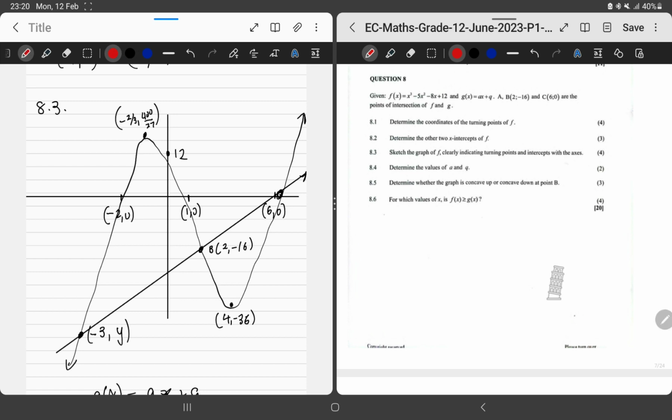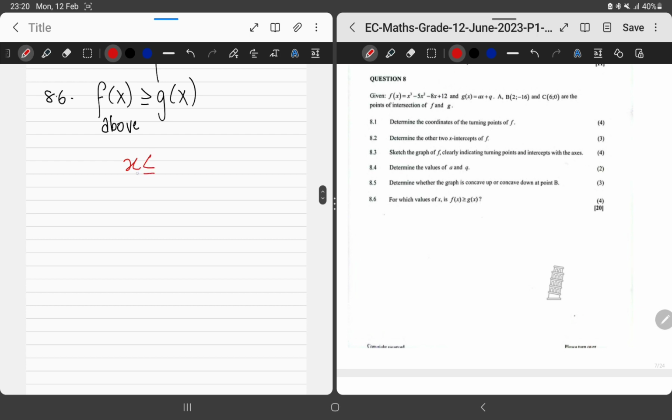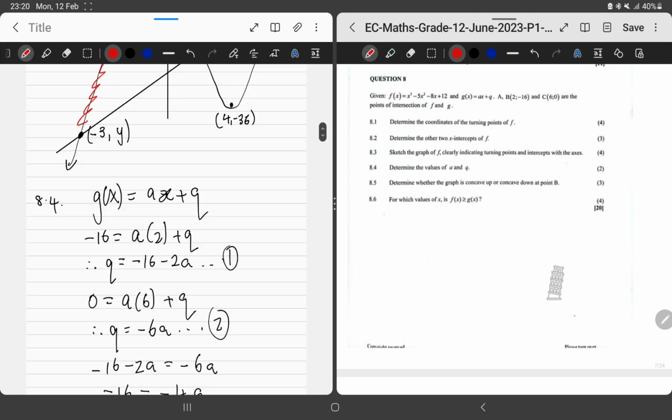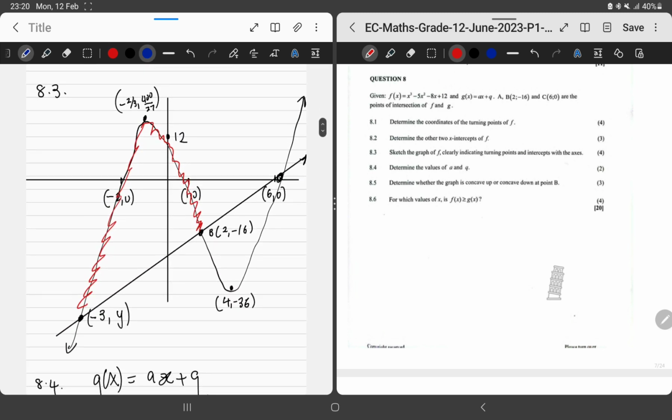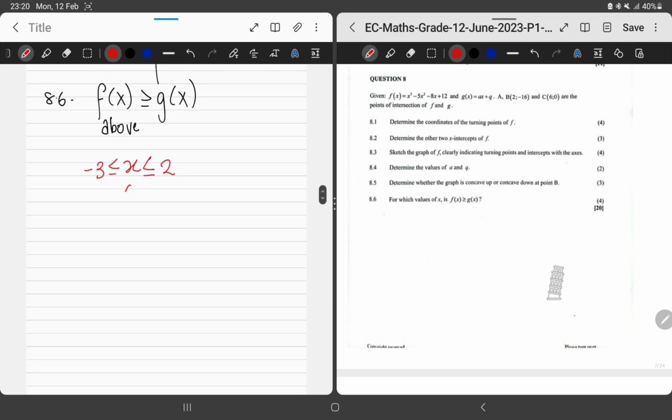Now let's take a look. We can see that f(x) is above the graph of g in that interval. So it means that x should lie between -3 and 2. Let's go and look again. In this region, f(x) is below until that point, and then it is above again. So when x is greater than or equal to 6,